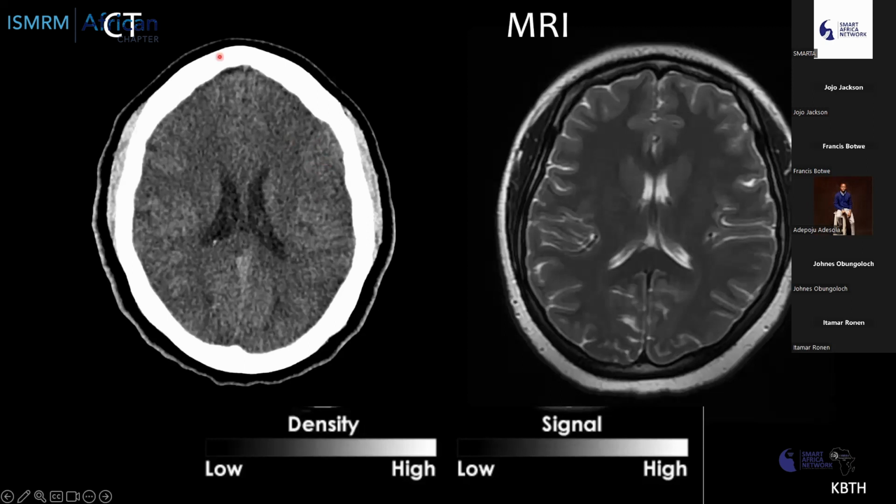And we see this circumferential ellipsoid white density, which forms the skull of the patient. So we said that on CT, the denser the tissue, the whiter the image we are going to see. So less dense, more dense. Okay, all right. On the MRI, we can likewise see the same image of the brain at the level of